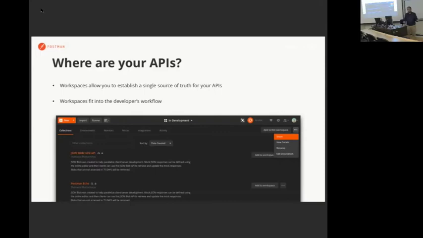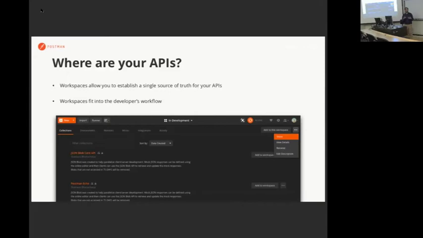exactly what's going on. But when you have a developer's workflow being built on workspaces, you start enriching the workspace with information that you might find handy later. And what happens is that the entirety of the organizational knowledge around APIs comes together in one place. And this idea actually is not new. This has been attempted before with service catalogs and lots of enterprise tools. But because they never integrated with a developer's workflow, they would always fall behind, and then nobody finds